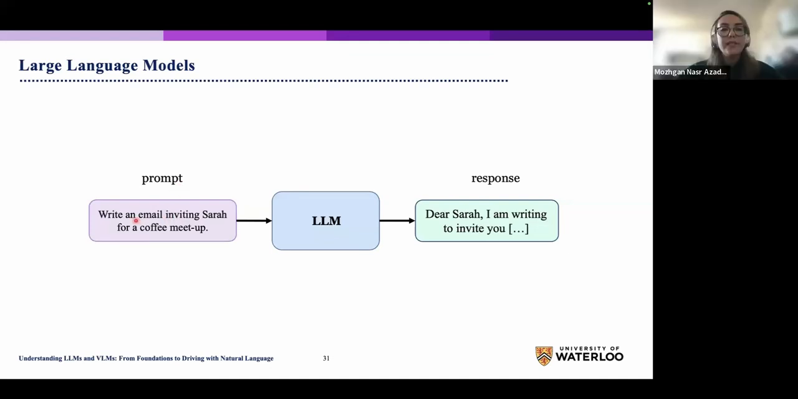Okay, we are calling it a prompt, which is basically an instruction we are giving to the model. Write an email inviting Sarah for a coffee meetup. The model processes this input and starts generating the response for us. And remember, this is an autoregressive